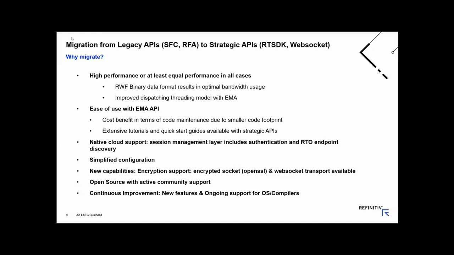And we also have simplified configuration. So as with the default functionality behavior in EMA, the EMA config also adopts a default configuration for almost every single parameter. As you will see shortly from the demo that Vasavi will show you, you can run up an EMA consumer by simply providing a deployed host and username in your code with no need for an actual configuration file. However, if you did want to tweak the configuration for, say, performance tuning and so on, you can start with a flat file, and then as you use the same schema, you can easily re-implement that flat file configuration as programmatic, say when you're ready to deploy to a cloud or container where you want to minimize dependencies on things like config files and so on.